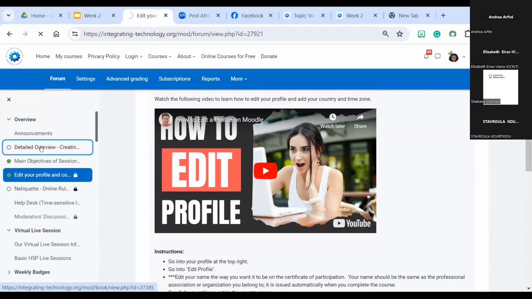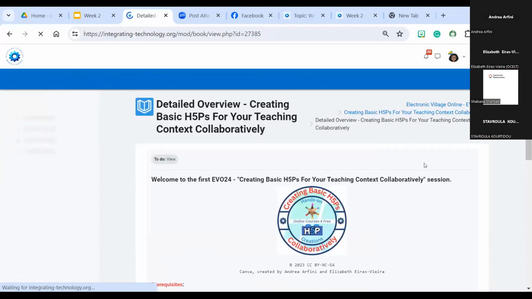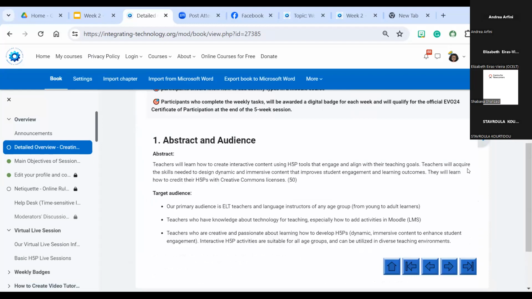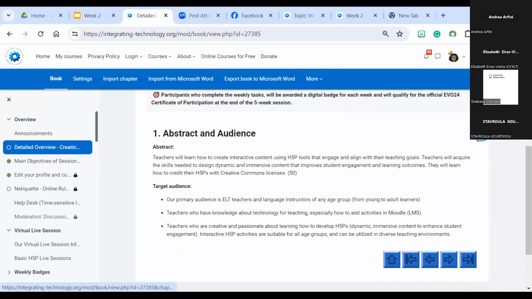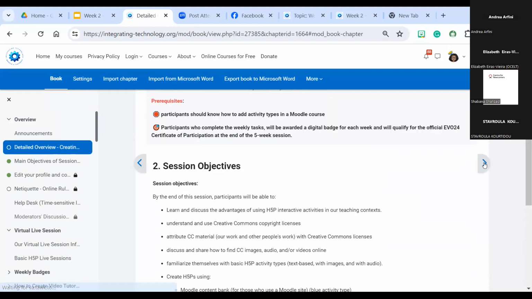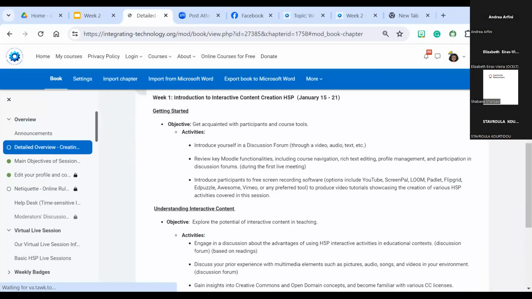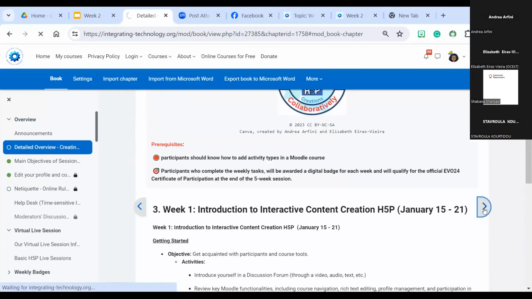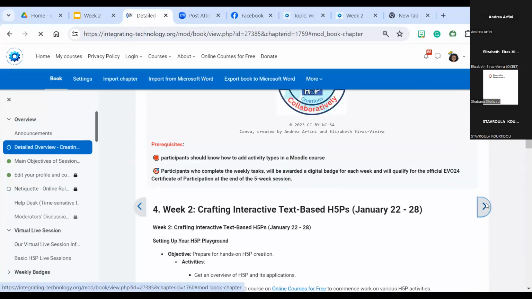Jumping between Moodle 3.11 and this one is a challenge, but it's a learning experience, a great one. It's a little bit different. Okay, so here we go. If you click this, you'll see that we have the abstract, the audience, the session objectives, and all you have to do is scroll through the different pages of this book where we have a detailed description of the course.